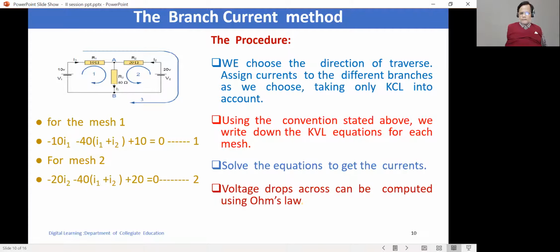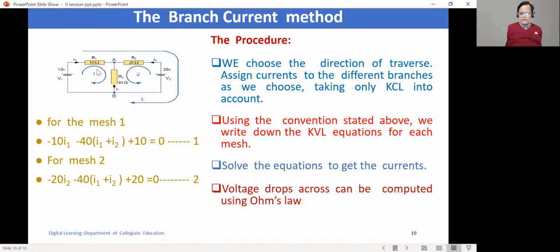Then, we get as many equations as there are independent variables. The equations can be solved by any known method, and once the currents are obtained, voltage drops across individual components, power in them, whatever else we want to calculate, we can calculate using the relevant formulae. I have just taken the opportunity to also illustrate the method by means of the example that I have taken.